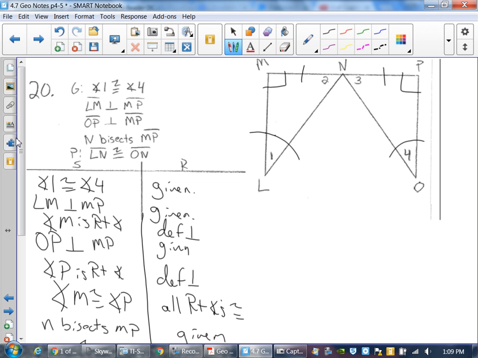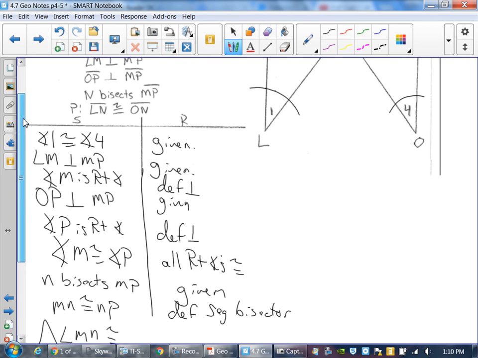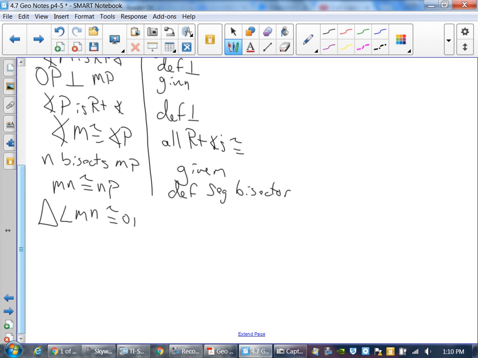So then you just say your angles are congruent, your triangles, like, we'll say L, M, N, O, P, N. Just make sure you line them up right. And then we can do our CPCTC. I don't remember what the part was. L, N? Yeah, and